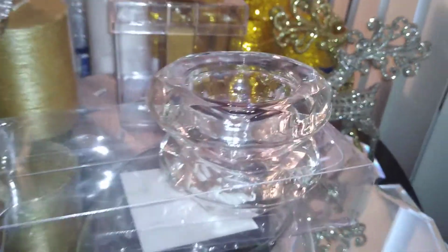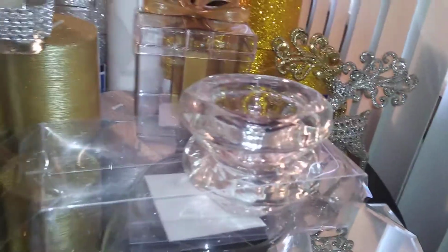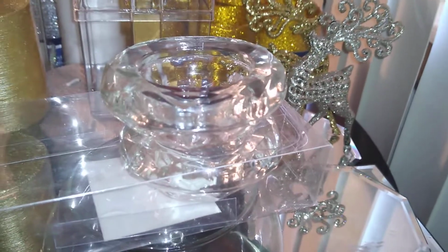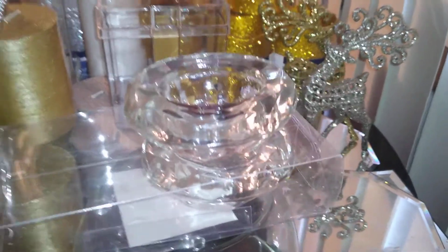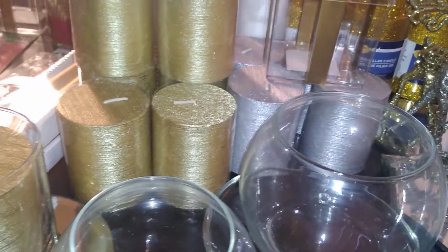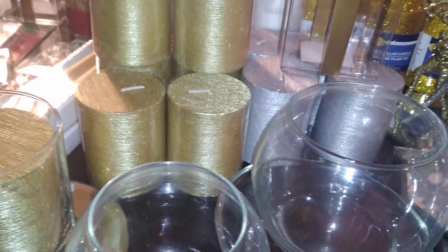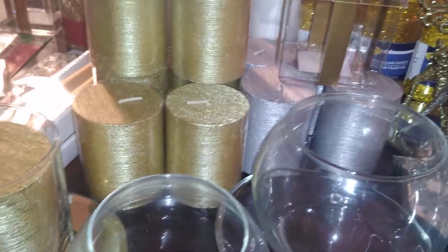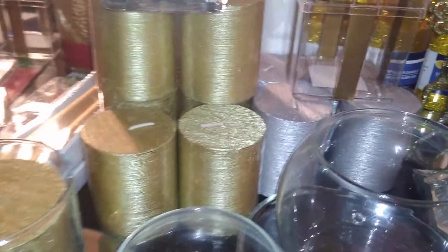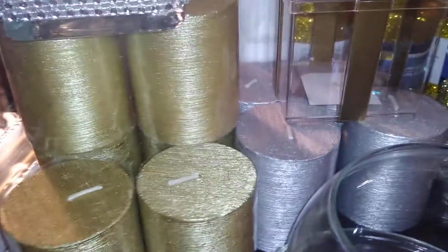But I just want to show you what I had, particularly that I think is so decorative for the holiday season, as well as if you want to do a DIY tea light candle holder project. These would be good for that. It makes a more luxe looking candle project, I believe. So those I thought was a great find. You get 2 for $1. That's 50 cents a piece. You really can't beat that, folks. I think that's just an awesome, awesome deal. And along with that,